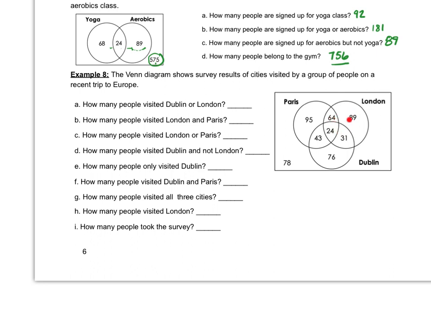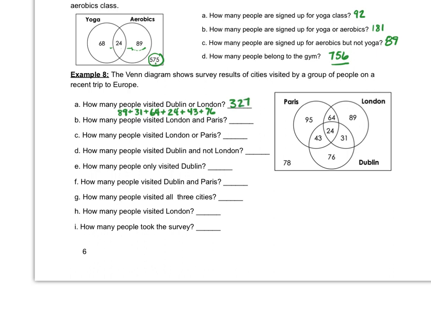So we're looking for these added together. It turns out that we have 89 plus 31 plus 64 plus 24 plus 43 plus 76 for a total of 327 total people visited Dublin